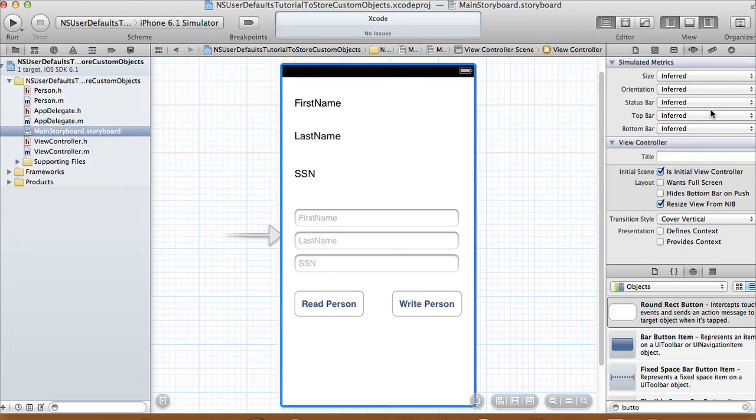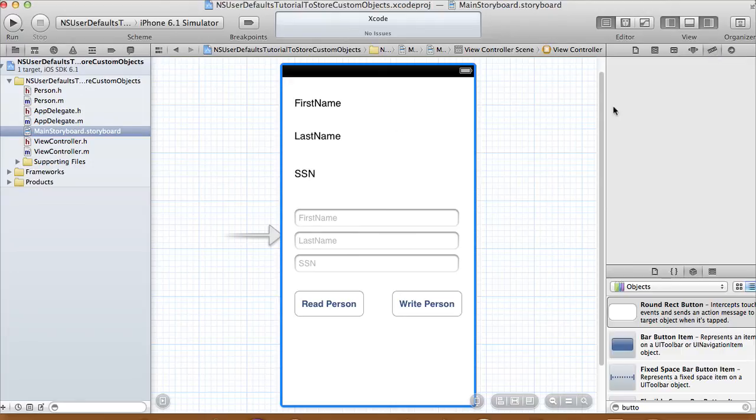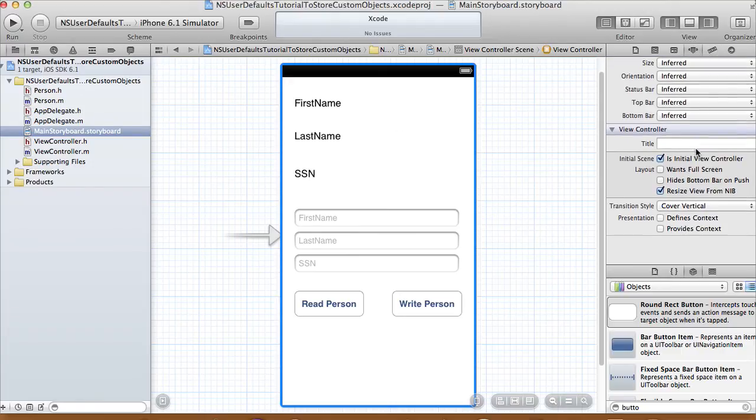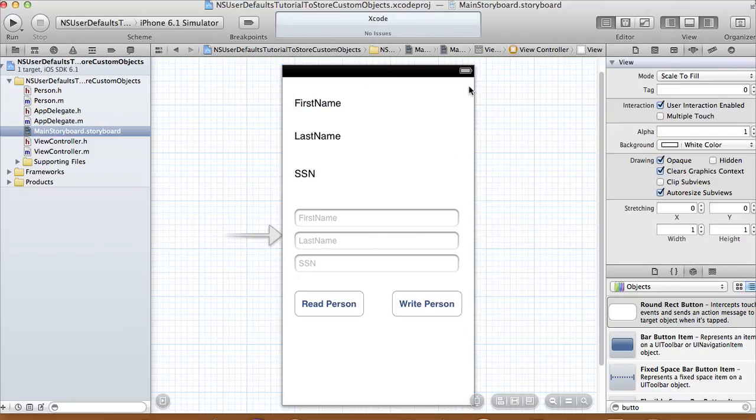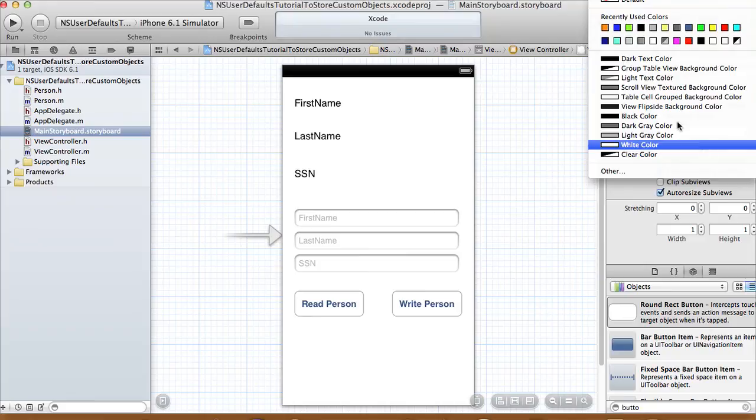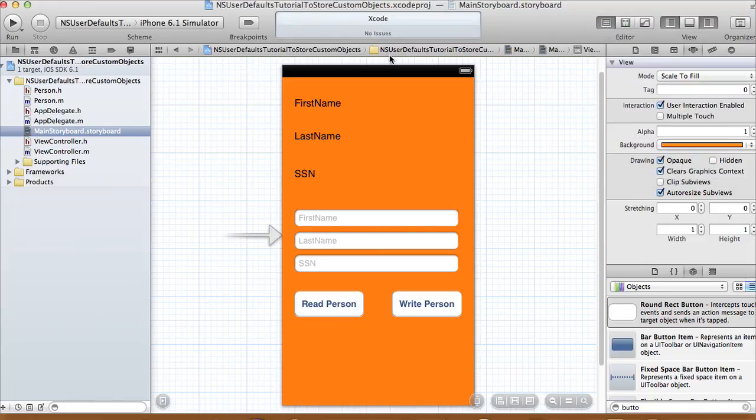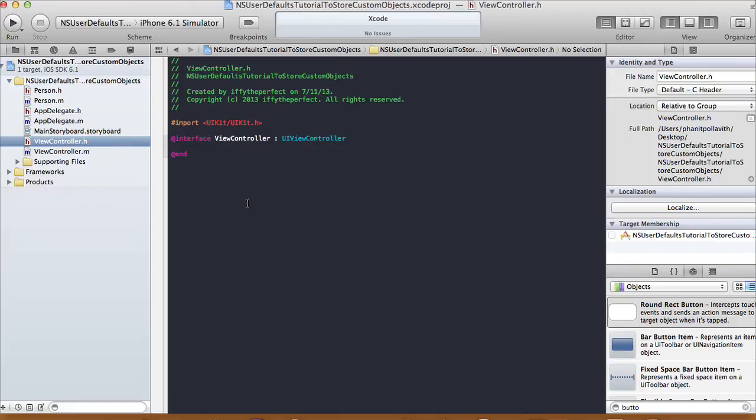Alright, so let me change the background color of the view. Sorry. Okay, I'll make it orange. Alright, and now in our view controller,